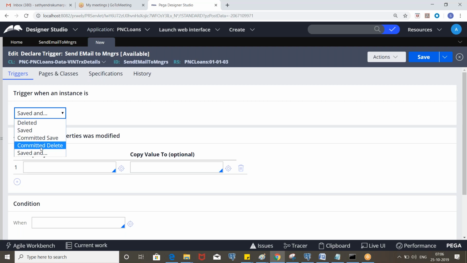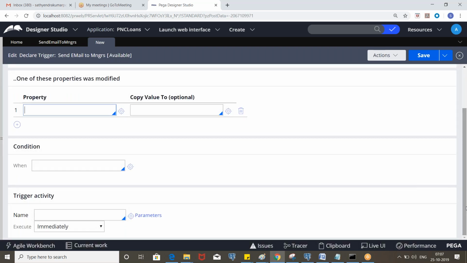Likewise, committed delete: when you delete a record from the database, it will execute the corresponding rule. Then saved and one of the properties was modified: it is saved and some property is modified, so in that case we can also execute it. So obj save without right now, and if some property changes, then this will execute an activity.